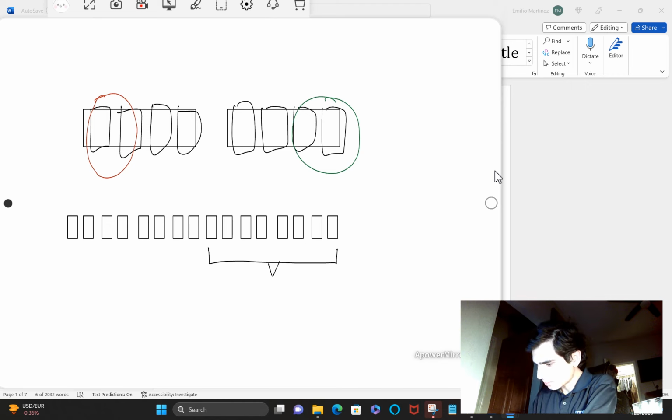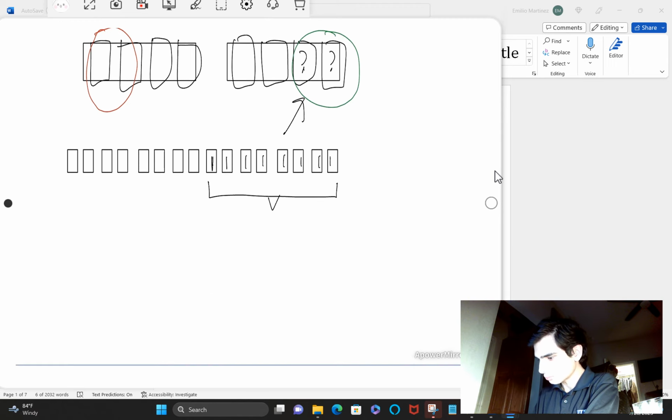So if they're all ones, like this one's a 1, they're all ones, then what do you think is going to go here? What's this number going to be? What's this number going to be? Well, it should be FF, because remember,